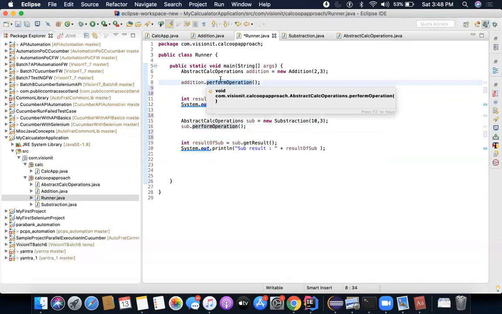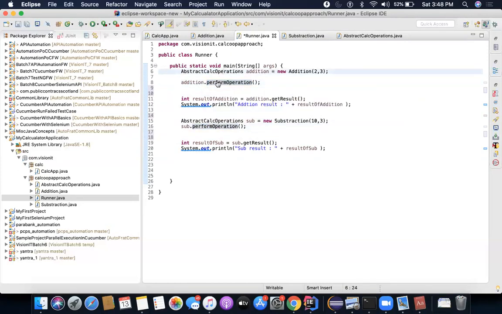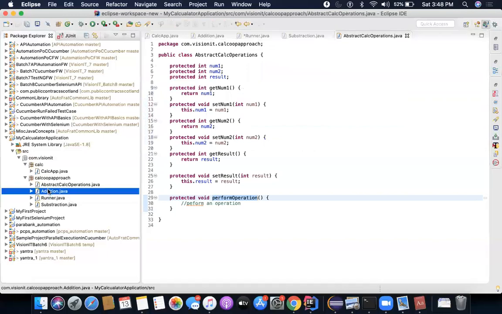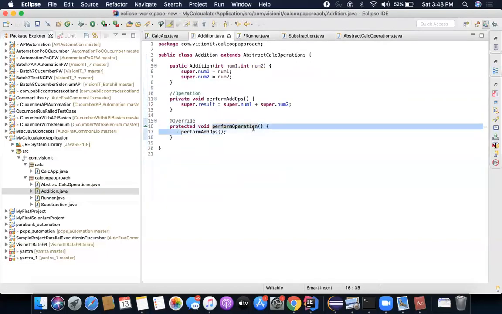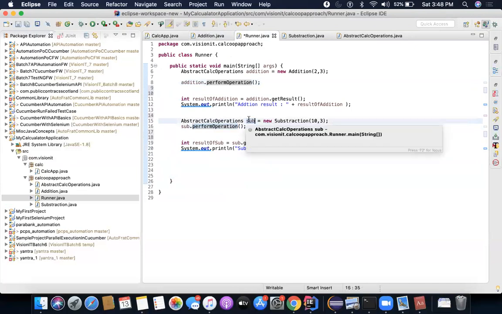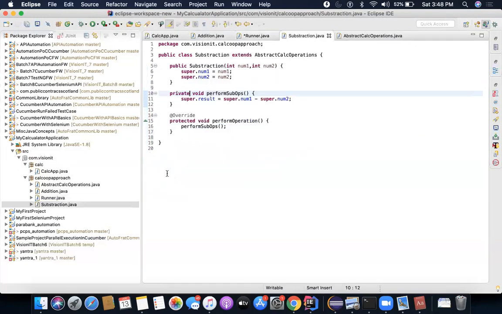I'm just calling perform operation. As soon as I call this, what will happen? If it is called on the addition object, it will trigger the addition version of it, which is perform add ops. So it will add. If I call this perform operation on the subtraction object, what will happen? It will trigger this perform operation because I have overridden it.